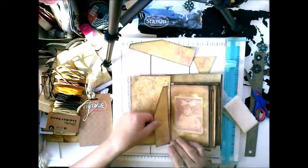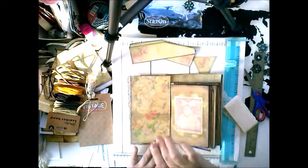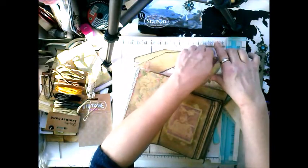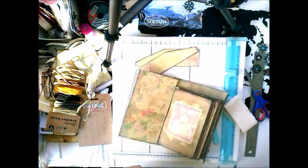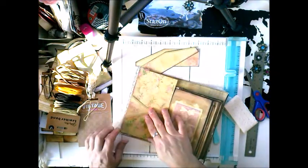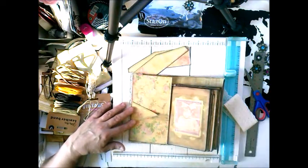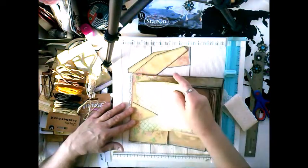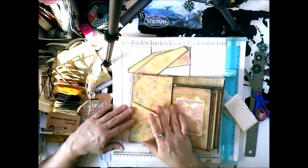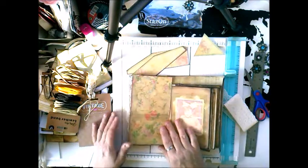So let's make some decisions. I also want to see how this would look. No, that wouldn't look really good. So perhaps something like this, as a tuck or something. Yeah, I could do something like this. And then I could put something behind it, or yeah, that is a possibility. But well, let me